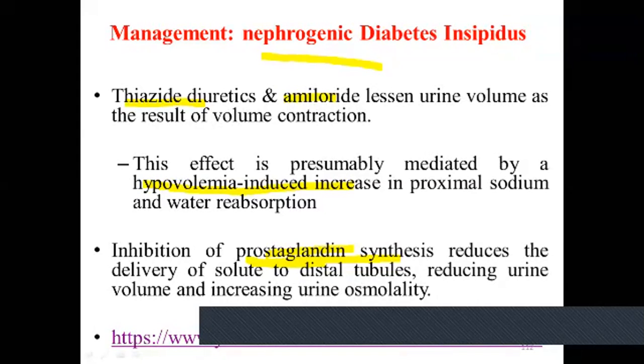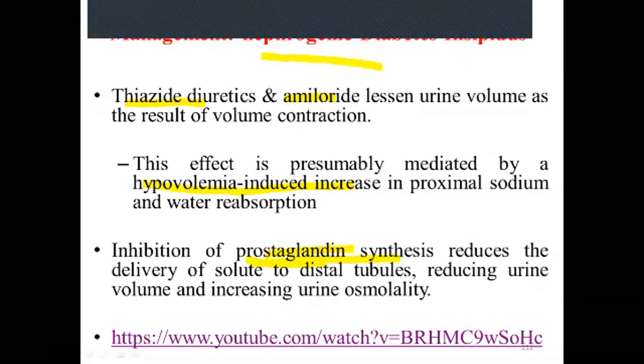That is why when you deprive water for 8 hours, if the osmolarity of the urine is high, you have ruled out diabetes insipidus. So this is mostly related to the psychiatric disorder known as primary polydipsia. So this is all about what I want to show